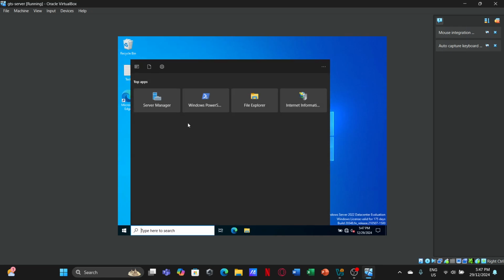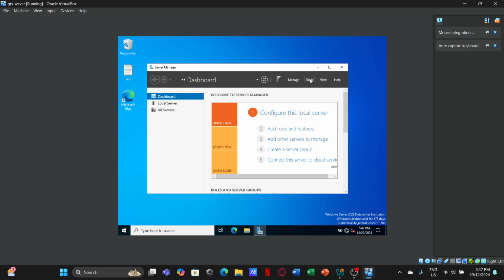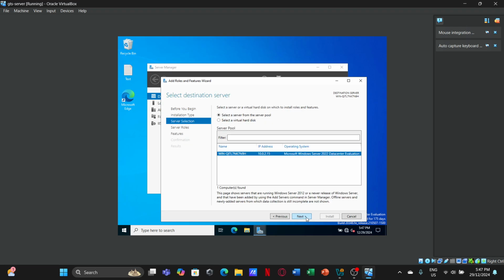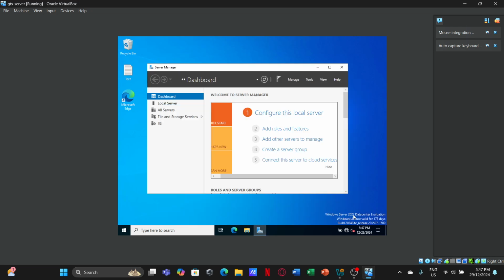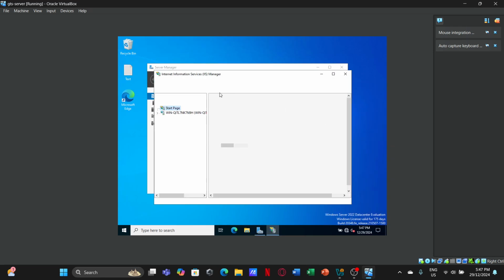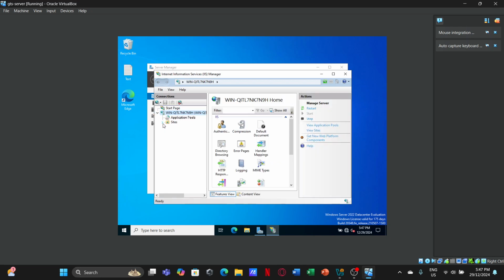And for the last part, we're going to go to Server Manager to install IIS, add roles and features, next, next, next, and then you will see this IIS server. So you will click next, next, next, and then install, and then you can go to tools, and then you can go to the IIS, click this drop down bar, and then click this drop down bar again, and on sites you will right click